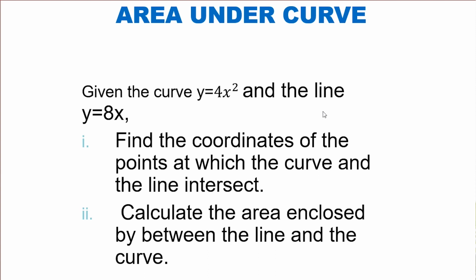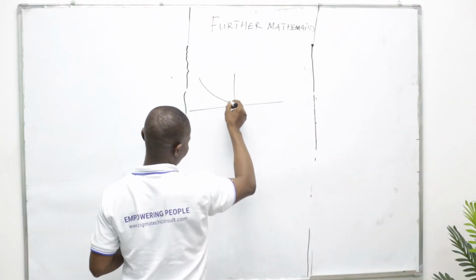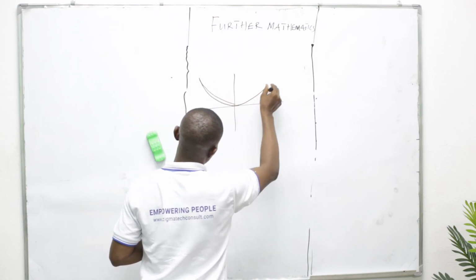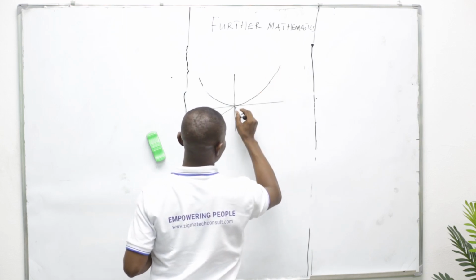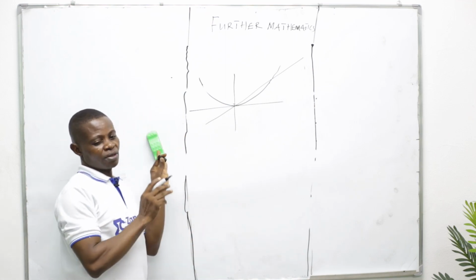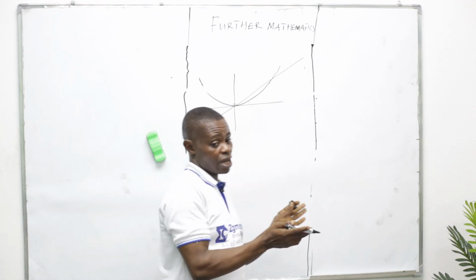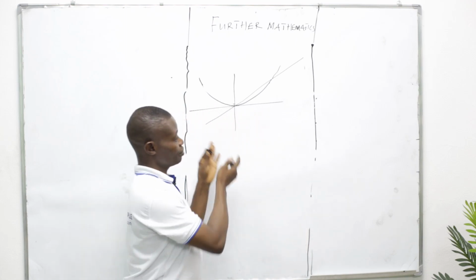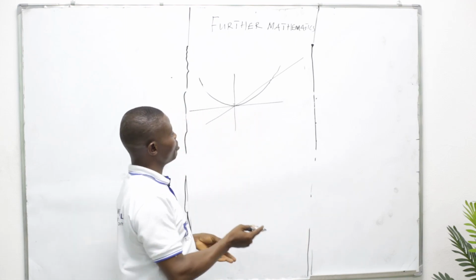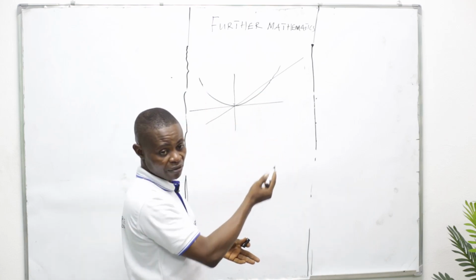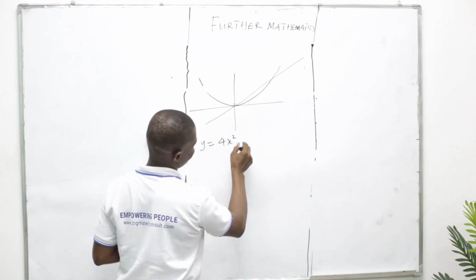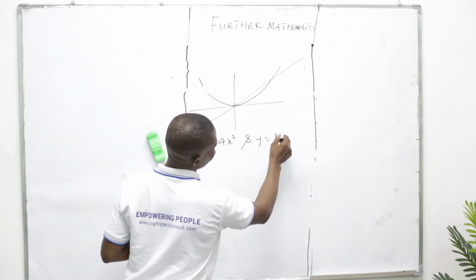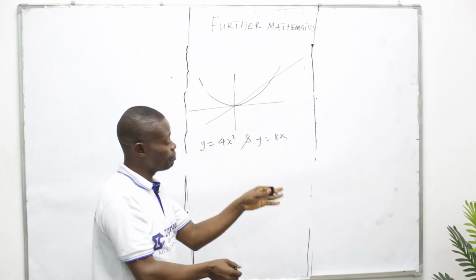If they intersect, it means something of this nature. If I have a graph, if a curve is going this way and intersects a straight line, can you see? Something of this nature. This is what is in their mind. I am now reading the examiner's mind. This thing intersects. Meaning you have the y-axis, you also have the axis of x. So if y equals 4x squared, also y equals 8x, this is y, this is y. It simply means that